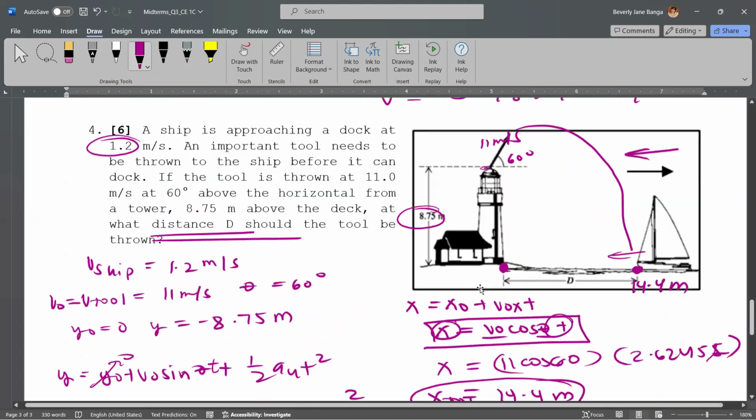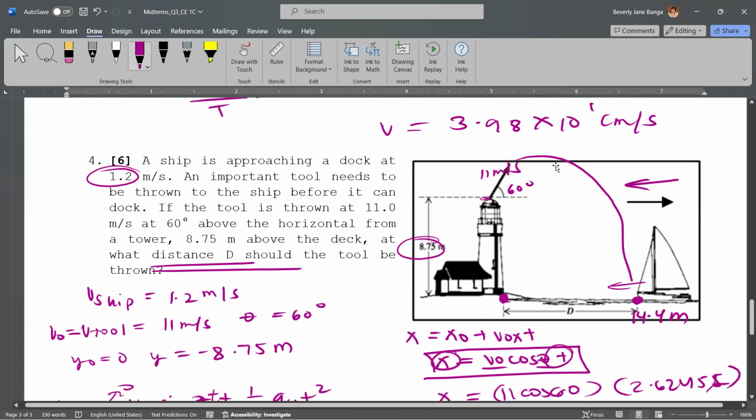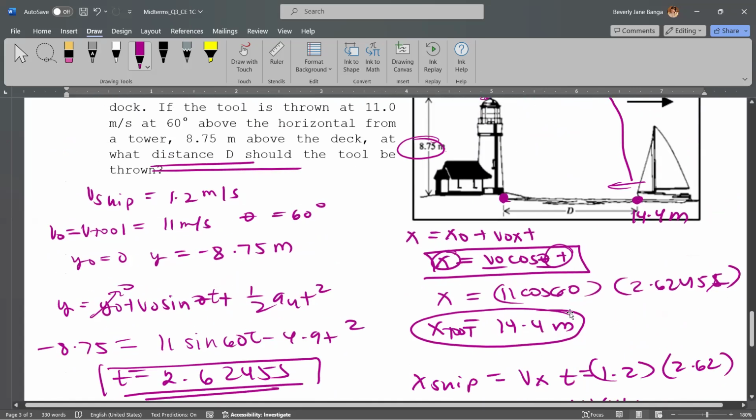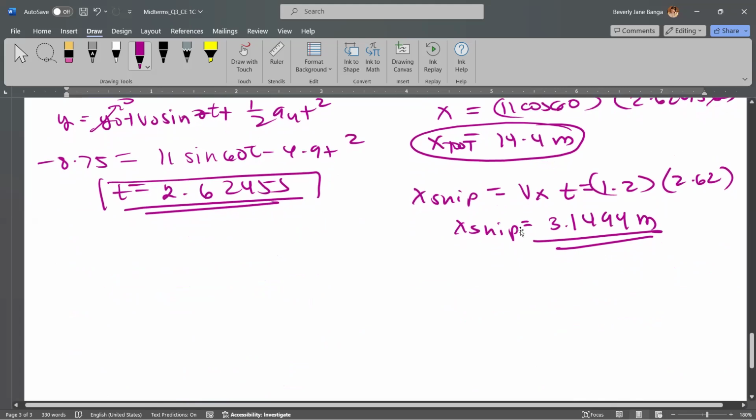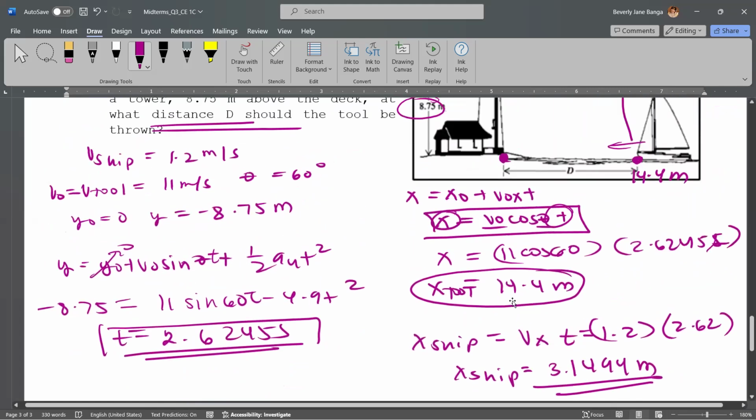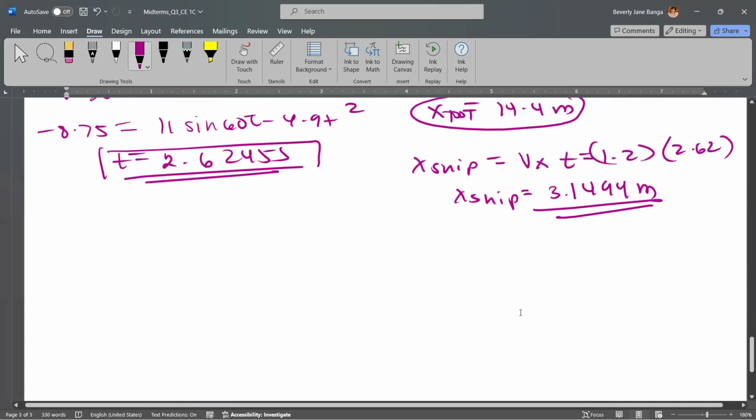So, pag tinapon mo yung tool, the moment na nakita mo na yung ship ay nasa 14.4, wala na. Di ba? Pagbagsak ng tool, yung ship mo, nasa may 11 meter na lang. O, hindi na niya nasalo, di ba? So, alangan languyin pa. So, para masakto, dapat itatapon mo yung tool hindi sa eksaktong 14.4. Itatapon mo yung tool